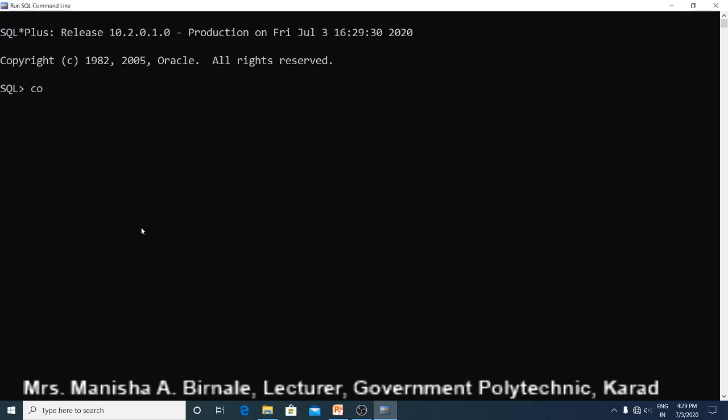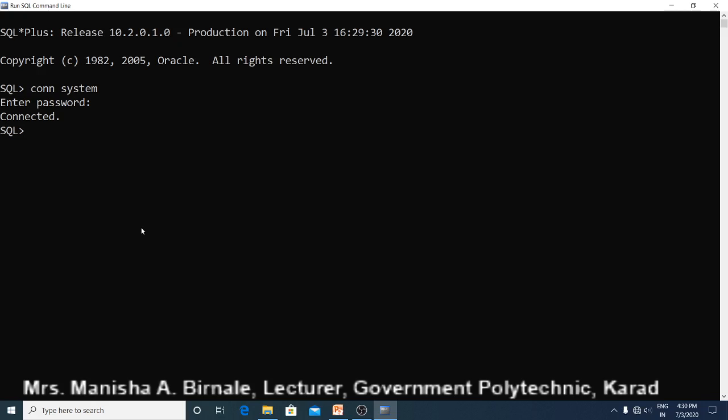Let us connect to the database using the conn command, as system. So we have connected to our Oracle database.